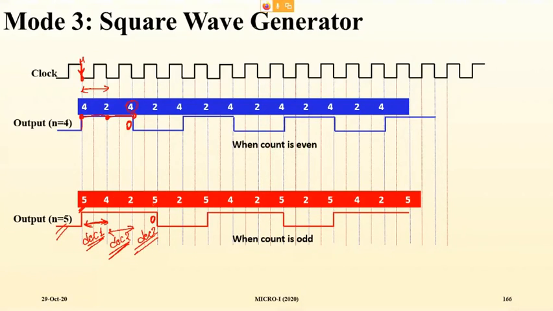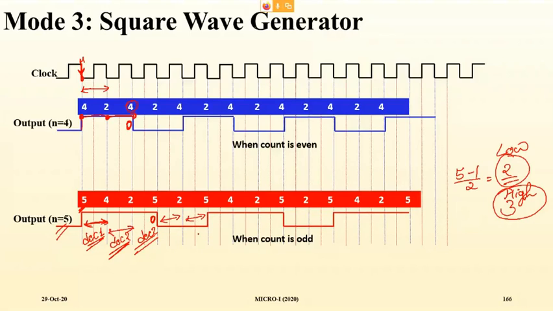Actually it is 0, but it is reloaded to 5, and then again this time period n minus 5, that means n is 5 here. So 5 minus 1 by 2, so 4 by 2 is equal to 2. So only 2 clock periods it will be low, and for 3 clock periods it will be high. 3 counts will be for high, and 2 for low. Okay, and now you can see one clock period it is low, second clock period it is low. So it has got 2 clock periods. So decremented by 2, decremented by 2.